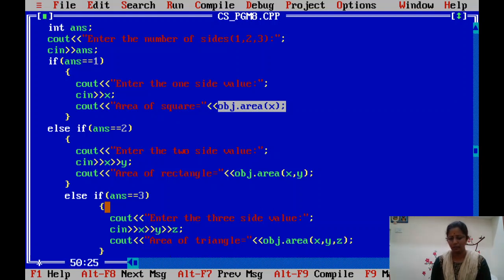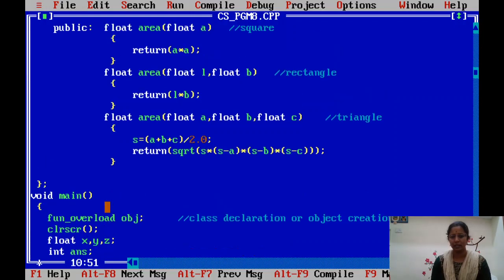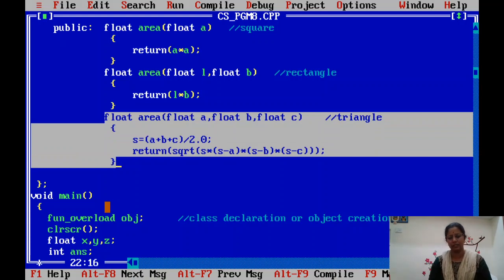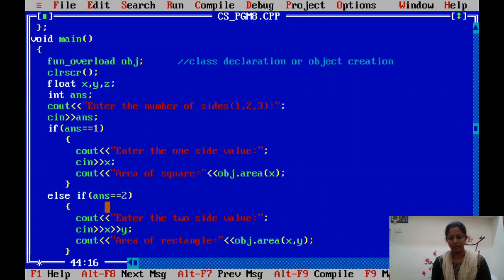That 3 value will invoke the function called area with the 3 arguments. Where is the area with the 3 arguments? Is it a 3? No. It contains 2. Yes. Here the function is going to be invoked and it performs the operation with the 3 variables. Then that returned value will be copied in front of the area of